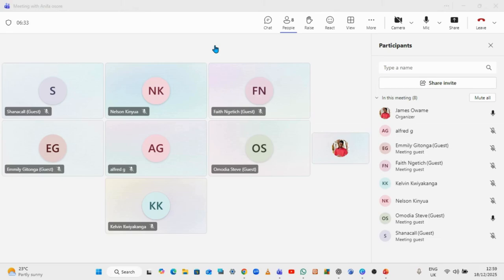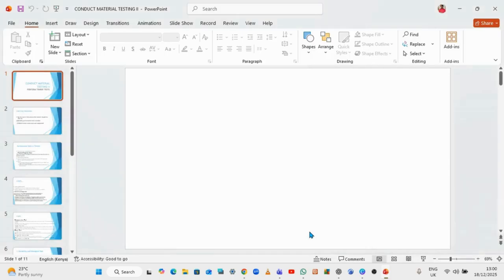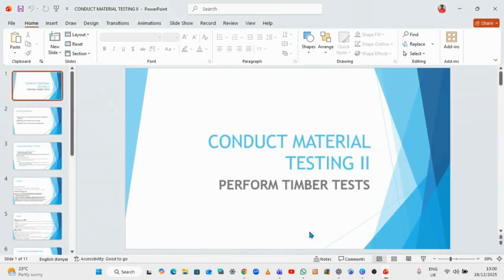As you know, the unit of competence is conduct material testing 2. So the topic we're going to talk about is types of material testing. Before I share my screen, I need you to define for me what is